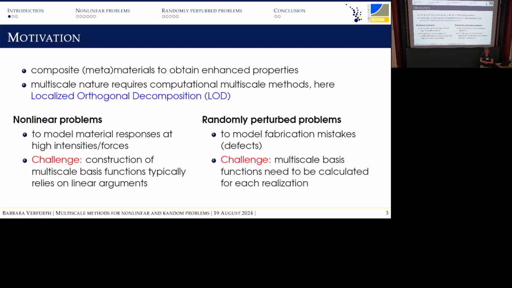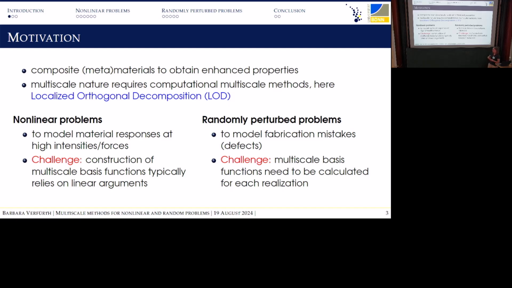Then you end up with a nonlinear PDE, and if I put it very broadly, one challenge that you can have, and we will see it in some sort, is this: if you just look into one of your textbooks with your multiscale methods and try to write it down for a simple nonlinear problem in a similar fashion, you quickly realize that the typical construction of multiscale basis functions in some sense or another is typically based on linear arguments, and then you run into trouble when you look at nonlinear problems because you can't directly transfer these things. This is kind of the overwhelming challenge in my view there, and I want to address this a little bit here.